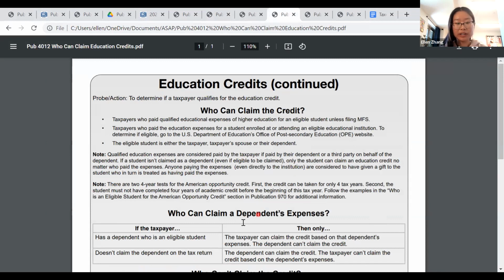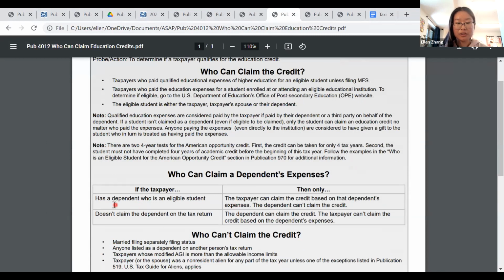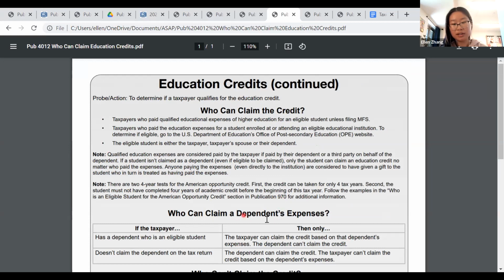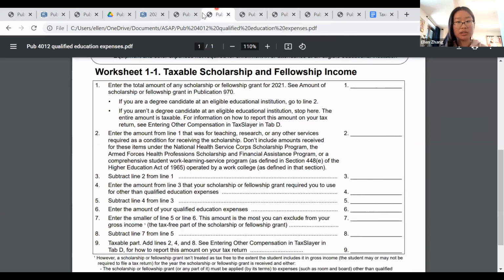Like we mentioned before, if you can be claimed as a dependent, you are not eligible to claim the credit. So in this case, only Sarah and Connor can claim the credit, but we'll have to see if they're eligible or not for the credit, depending on Jenny's